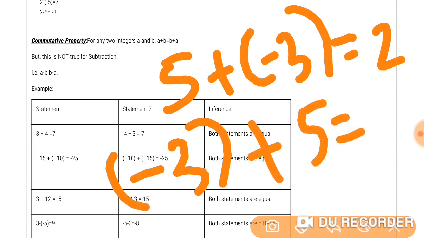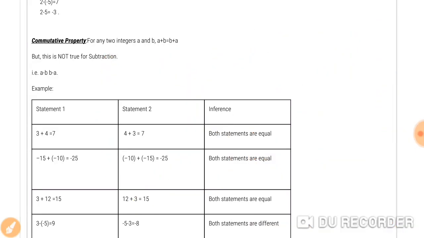Okay. In the same way, minus 3 with the same positive 5. So I'll take the number line. If you want to get minus 3, it is on the left side, then 5. Minus 2, minus 1. Count it with your finger. Minus 2, 1, minus 1, 2, 0 as 3, 1 as 4. The fifth number is 2. So that answer is also the same. So the commutative property is true for integers with addition, but not true with subtraction, because it doesn't come the same.